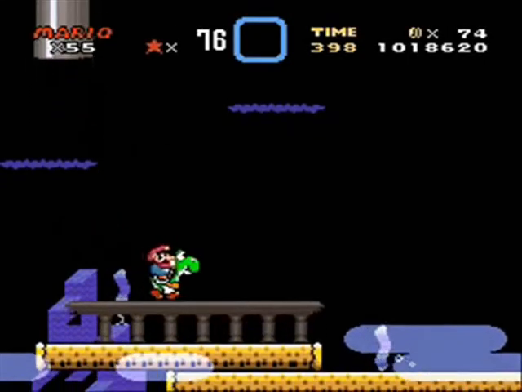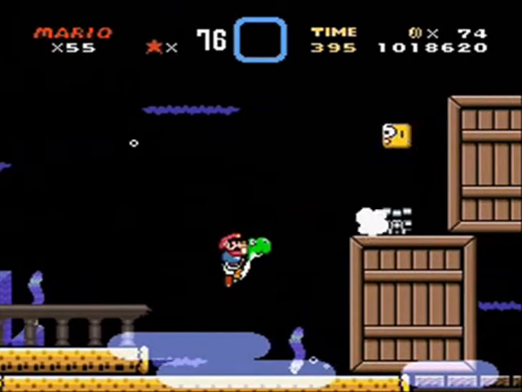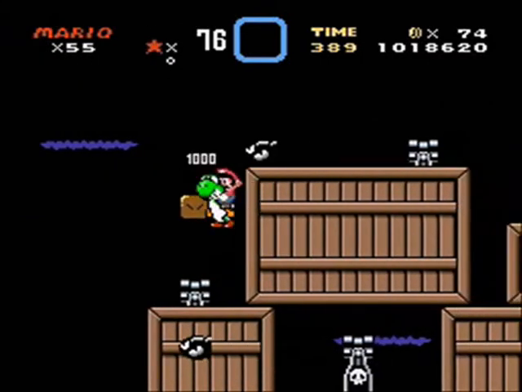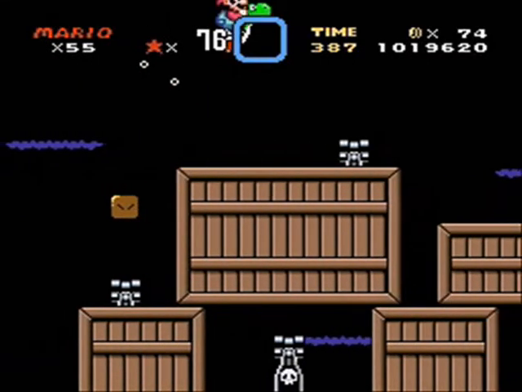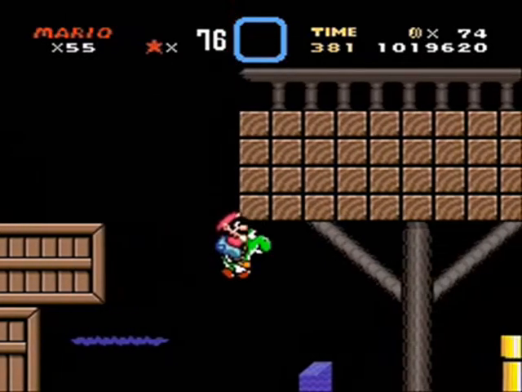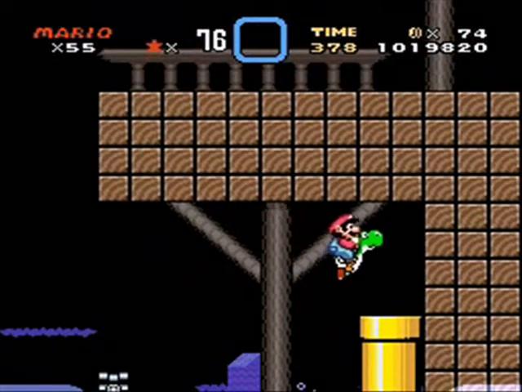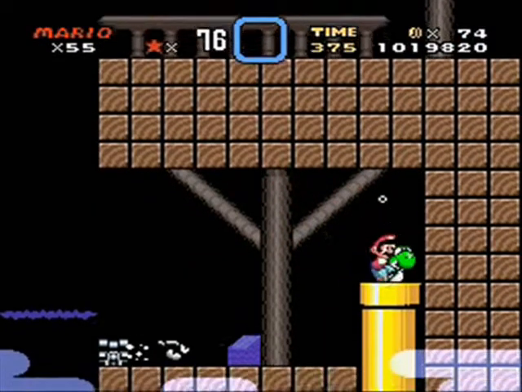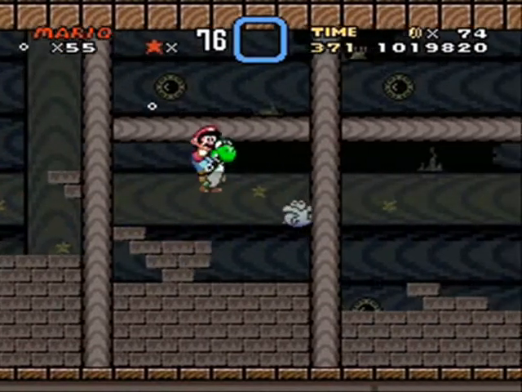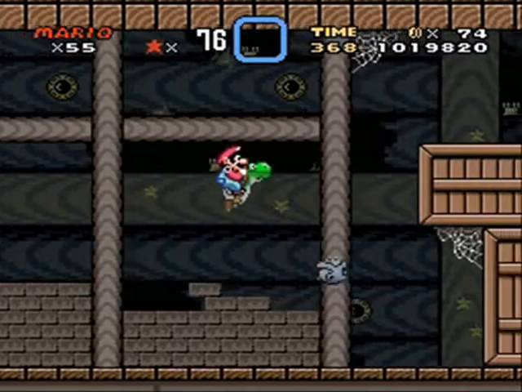So, we need to go through the sunken ghost ship in order to get to the Valley of Bowser, according to the narration subtitle thingy that we got at the end of Wendy-O Koopa's castle. So, this is just like a ghost house, pretty much, except it's underwater, and we can take Yoshi with us, and I recommend holding on to Yoshi because, well, makes this part a lot more bearable, mostly because, you know,